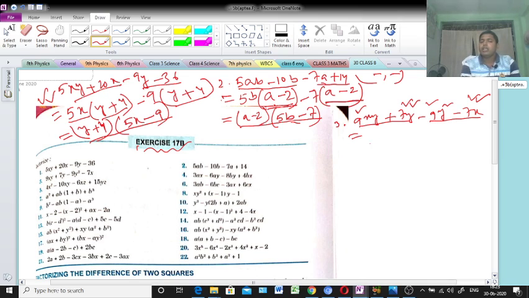That means we will take first and third. Always first and second is not possible. Sometimes it is coming, but always not possible. You should think about which ones will take common. Total 4 terms are there. From the 4 terms we will take the common, any 2. So that's why at first you should arrange it.